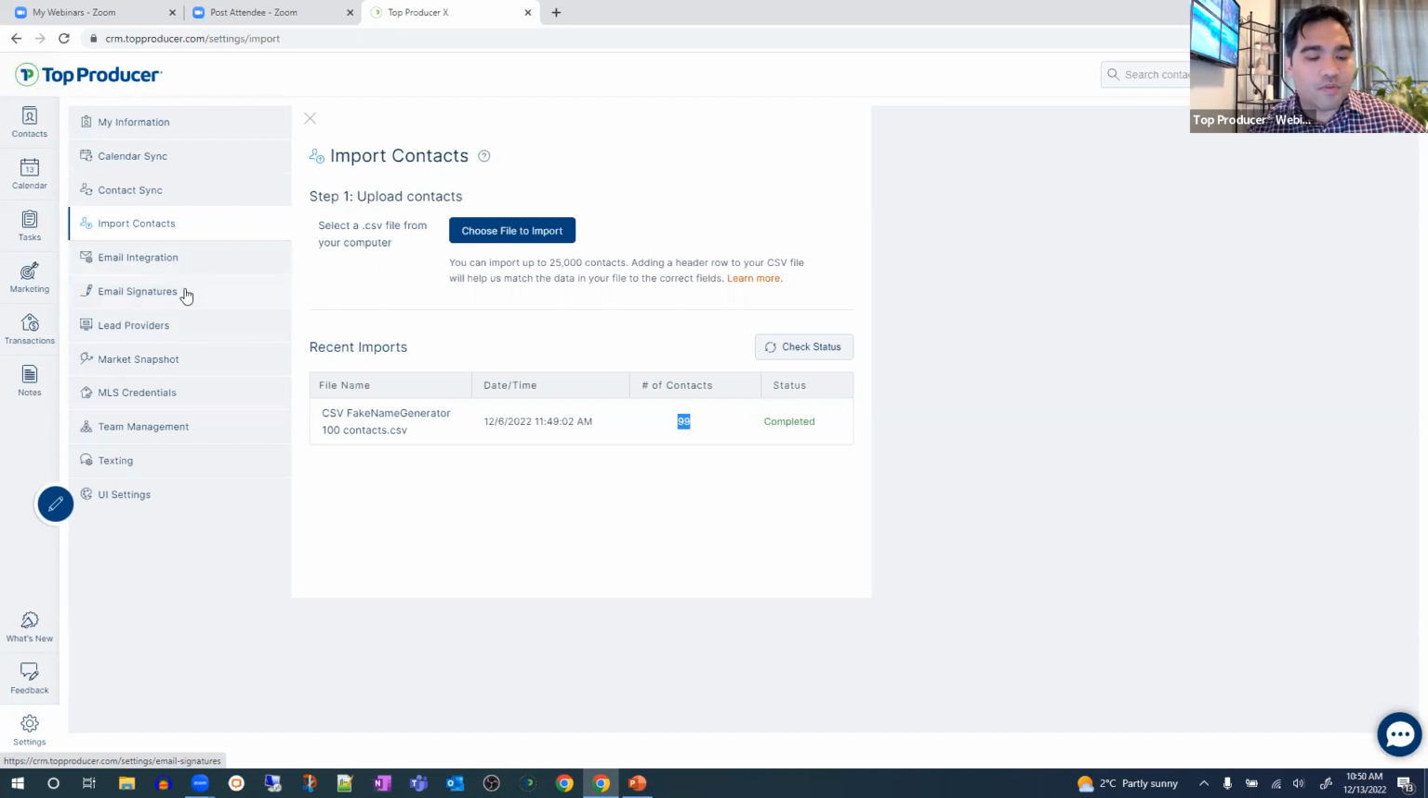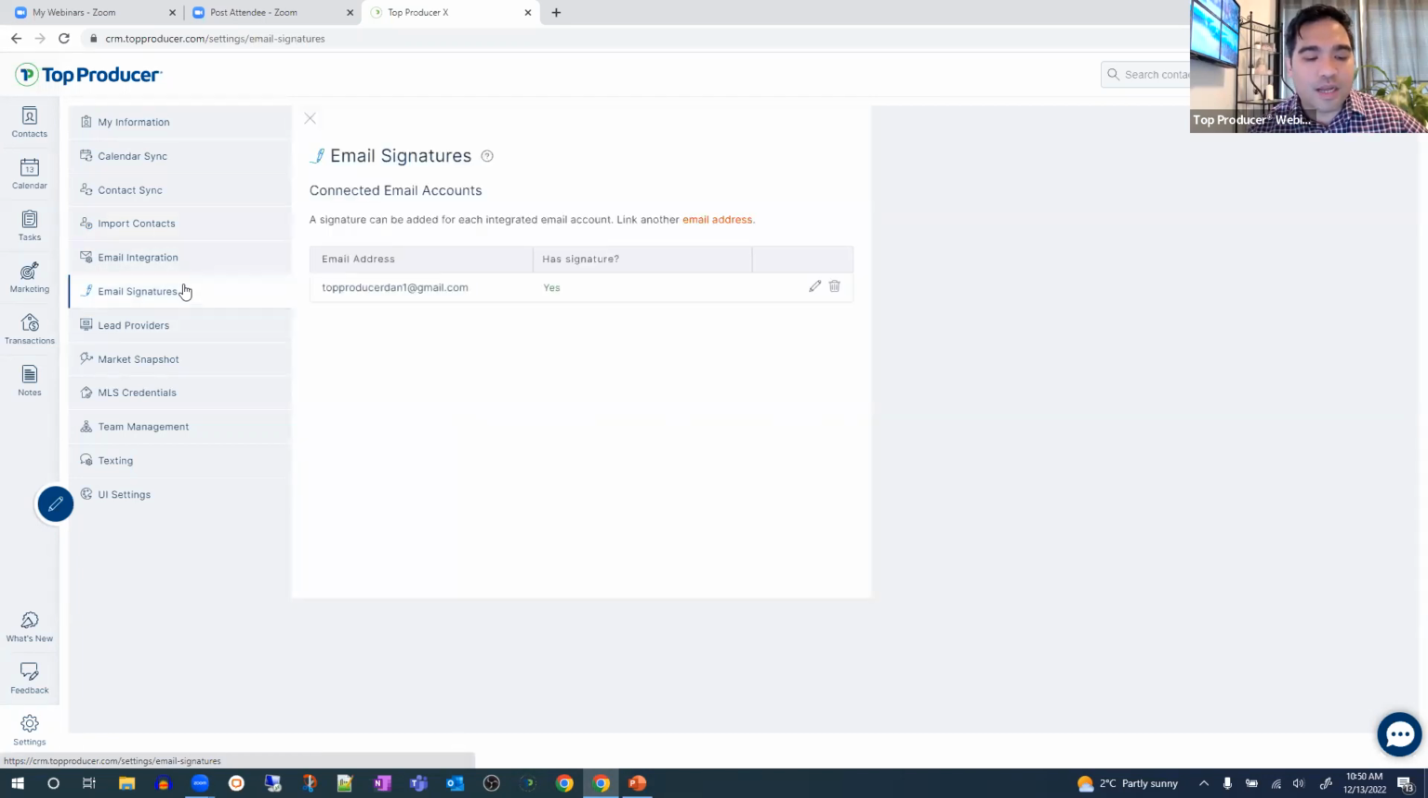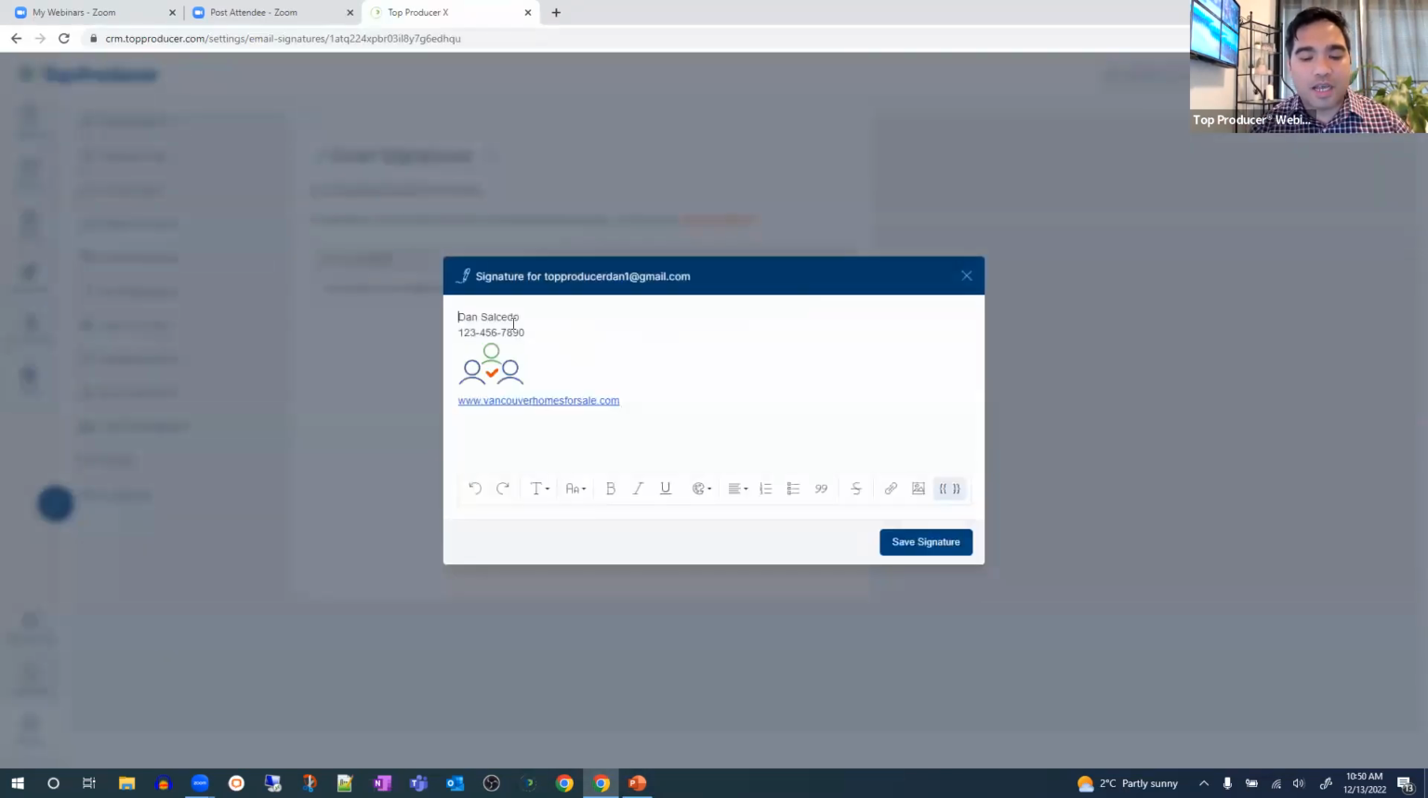All right, skipping over to the next tab after email integration is the email signature. So once you set up your email integration, you want to make sure you got your signature in there. So this is just like any email program you've ever used. You want to use an email signature that always shows at the bottom. All you have to do is click on that pencil icon and then put in whatever you want to use for